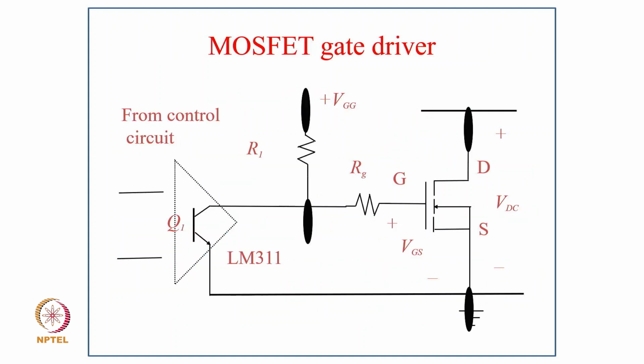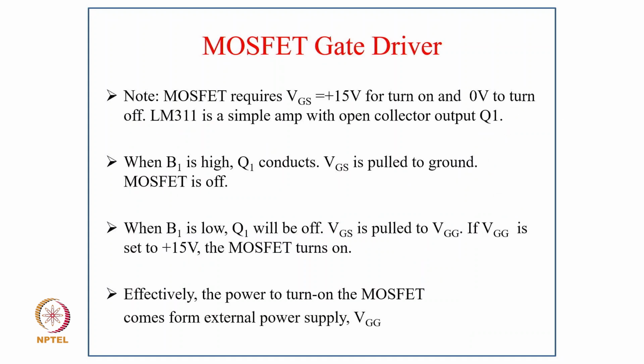Typically, coming to an example of a MOSFET, again for the gate driver circuit we have the signal from control, and then there is an optocoupler. The LM331, you can call it, is this chip which has a transistor on the secondary side and a photodiode on the primary side. The signal at the output is amplified with the help of the power supply VGG, and then with the limiting resistances it is applied to the gate of the final MOSFET as shown in the figure.